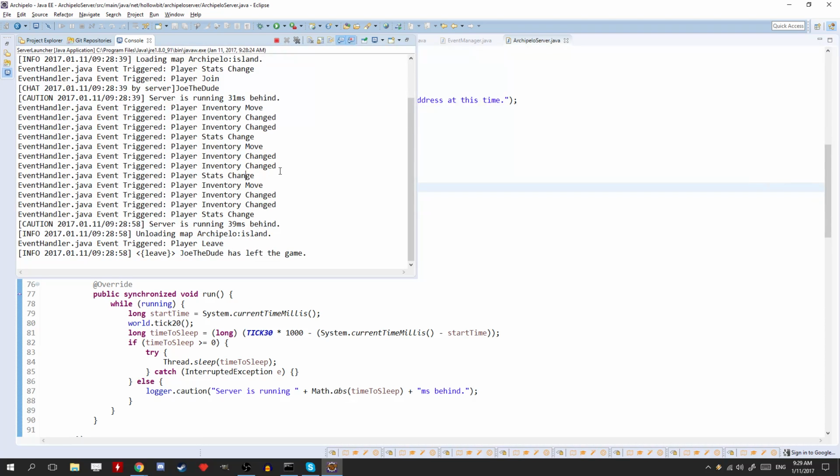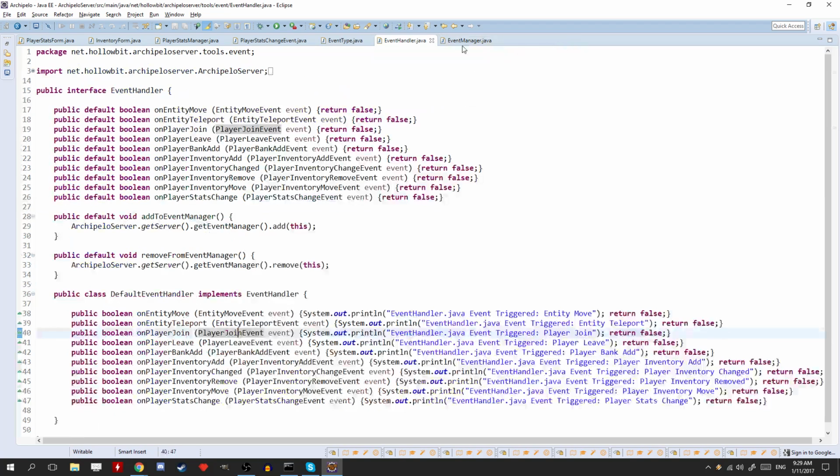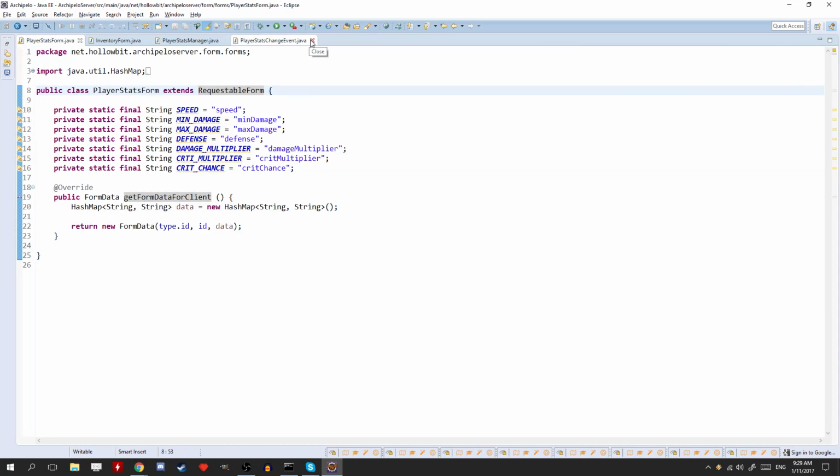Alright, looks good. Yeah, inventory change gets run twice because it gets removed from one inventory and then moved to another one, so technically it's 2 inventories that get changed. Alright, so that looks good. We can uncomment this now, or comment it back, I mean. Okay, so the whole point of doing all that